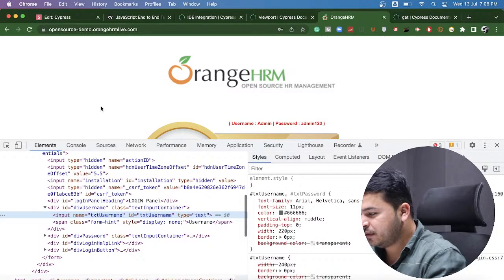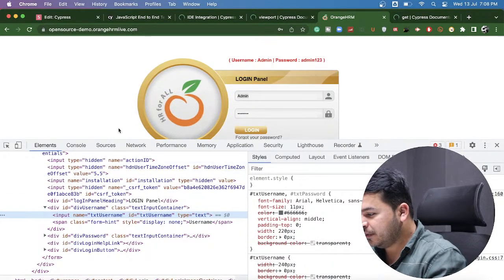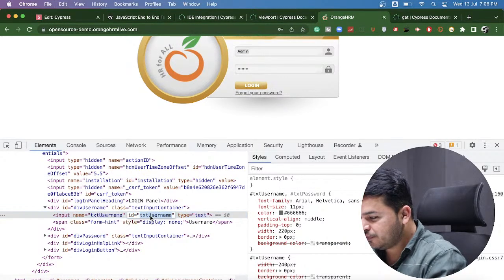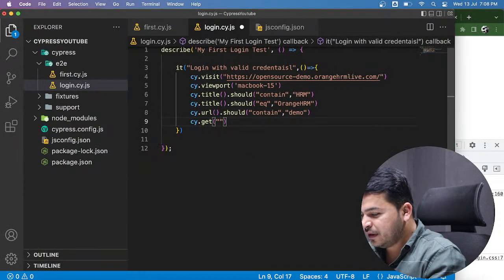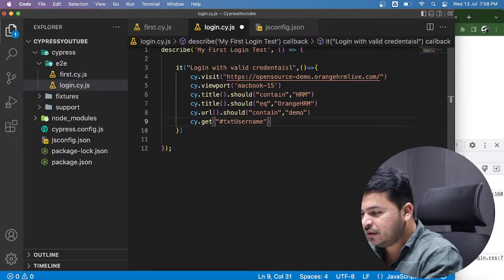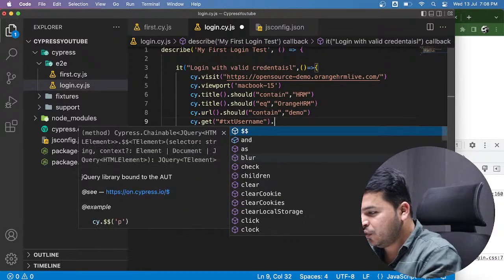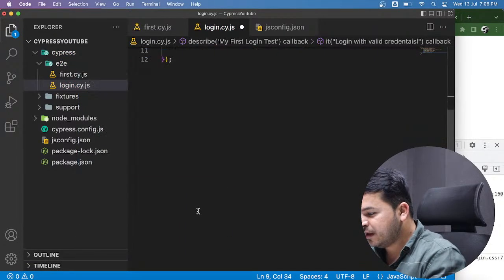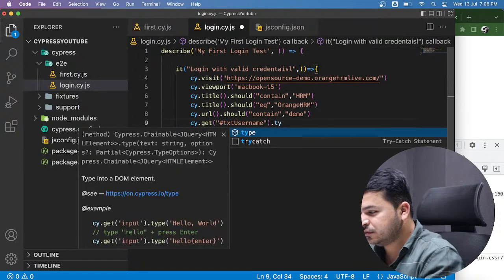I will inspect, and this particular web element has an ID and a name. Let me go with ID. So how do we use ID in CSS? I will use hash and the ID, and let me use one command called type. It types into the DOM element, and if you see the documentation,